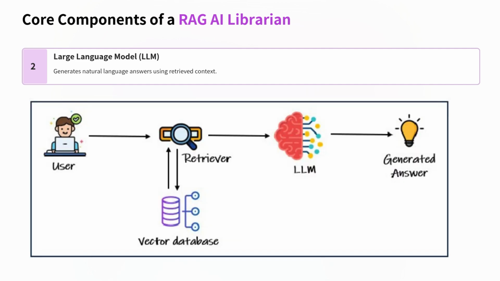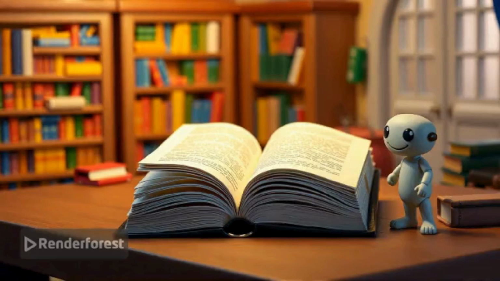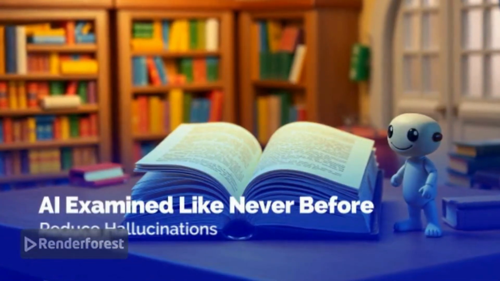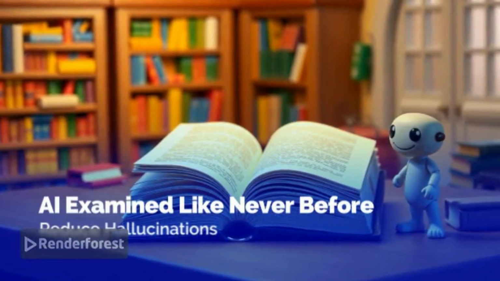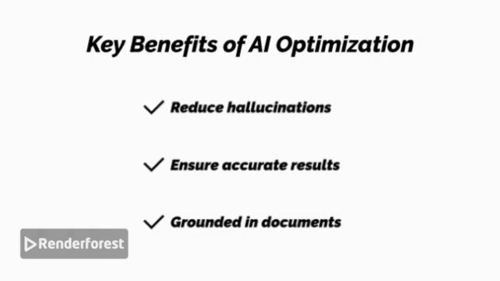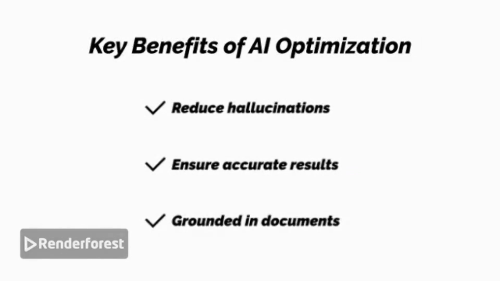Two, a large language model, which takes that retrieved context and generates a natural answer. Think of it like an open-book exam. Instead of guessing from memory, the AI looks into your library before it answers. This approach helps reduce hallucinations, ensures more accurate results, and makes the AI feel like it's truly grounded in your